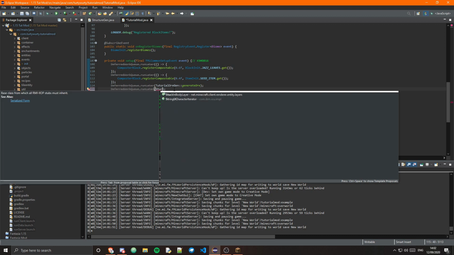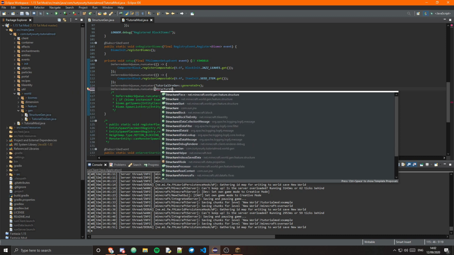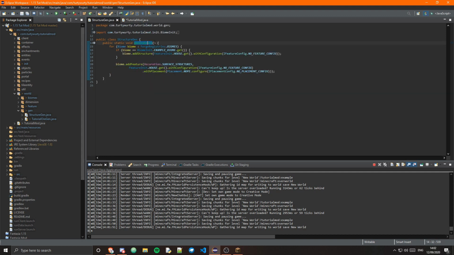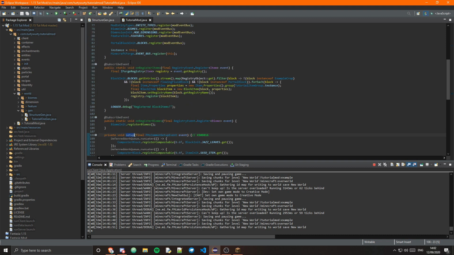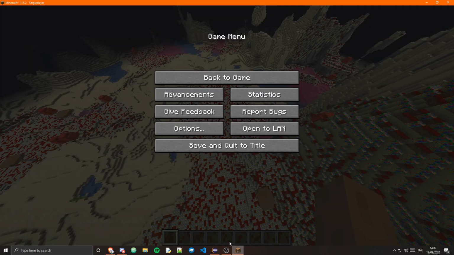StructureGen colon generate, well, I called it generate structures. Let's go into there, generate structures, and obviously make sure you're calling this. So actually that's on register biomes. No, that's not. That's setup. So make sure you are calling setup right here by adding it as a listener to the mod event bus, and then when you close and reopen the...